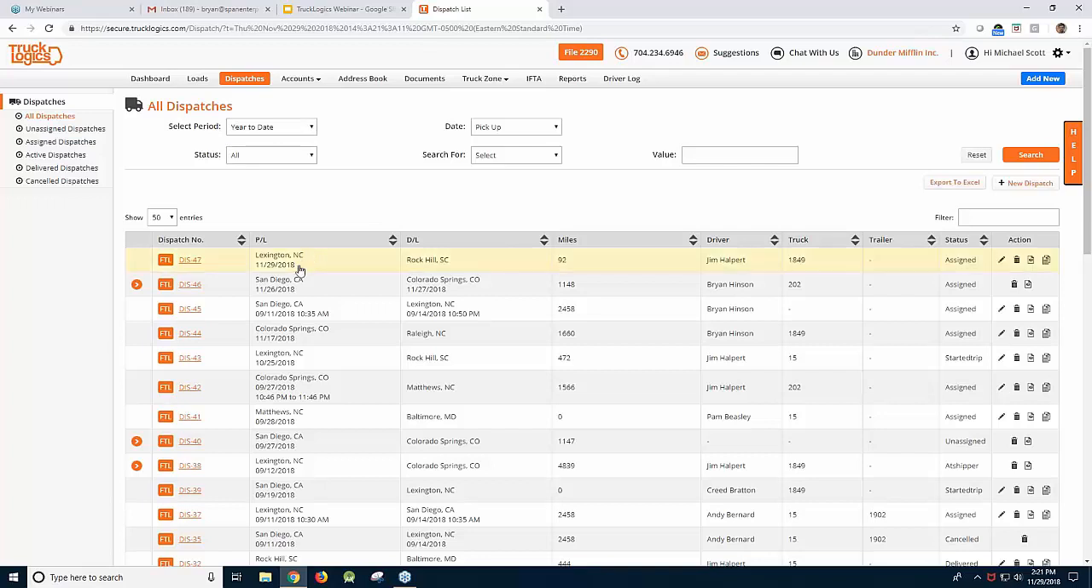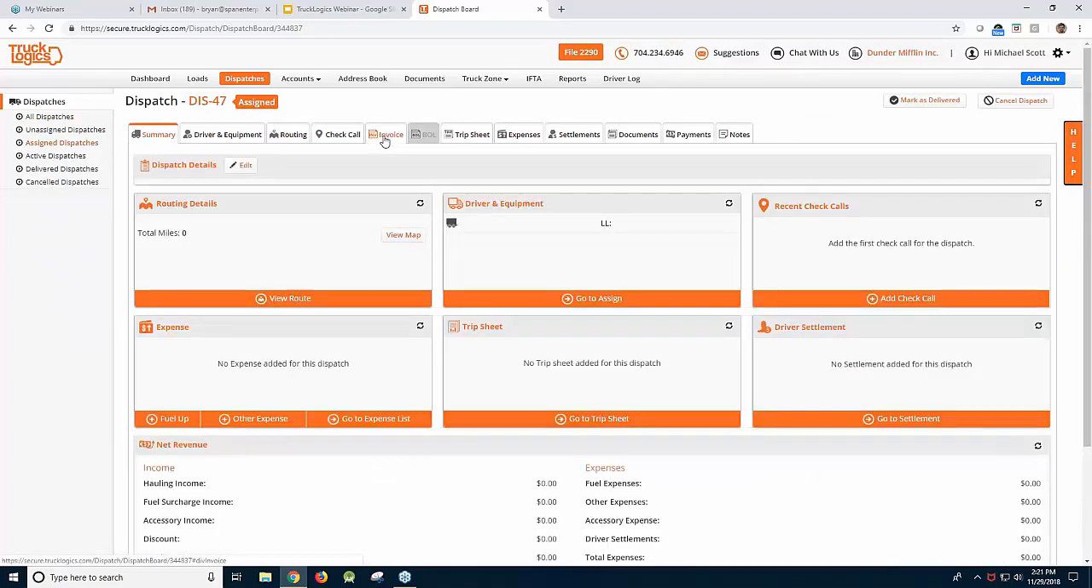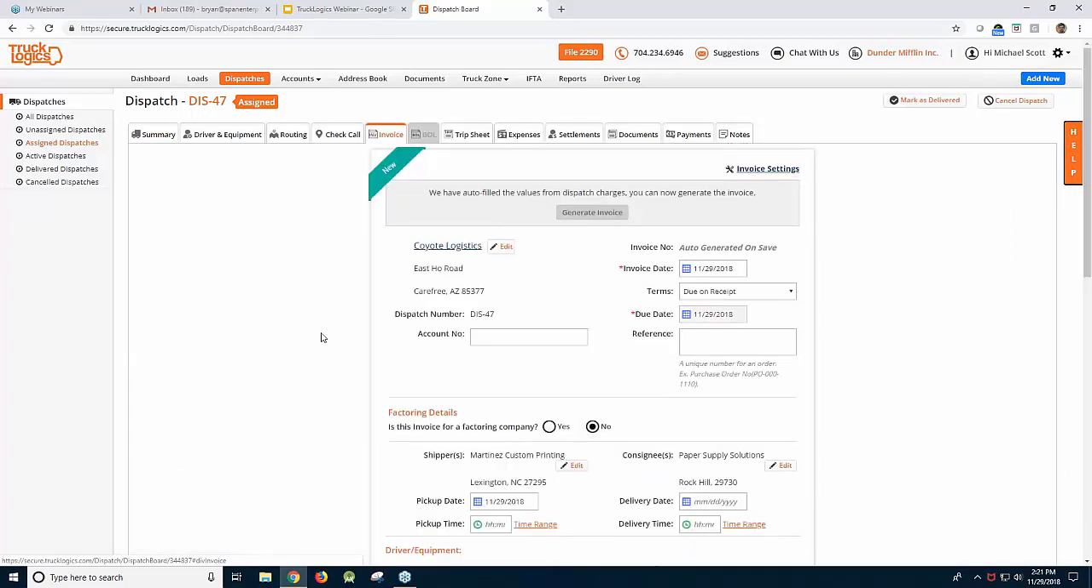I'm going to jump back into this dispatch we just created, and we're going to look at the invoice. So for each load or dispatch you create, you're going to have an invoice automatically created or populated. I wouldn't say it's created per se. It comes in